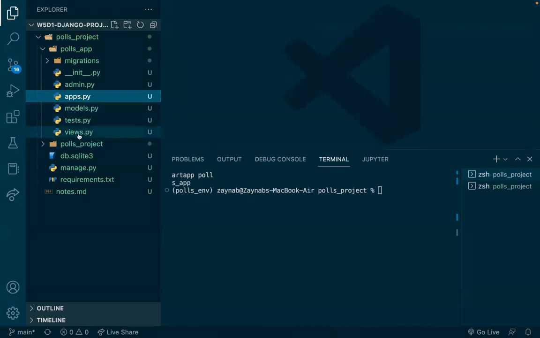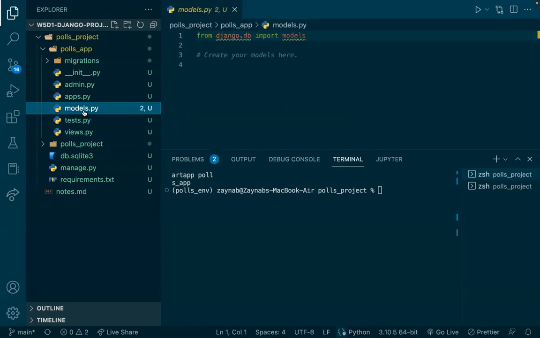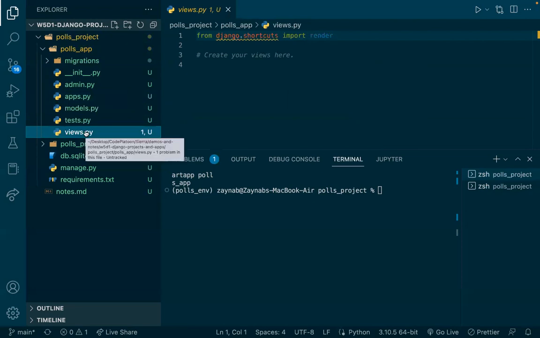Most of our work is going to be in models.py. This is where we create our data models. That is also when we work with databases. This is going to be our main file that we start off with. And then we also have our views. Views is where we are going to hold the information that